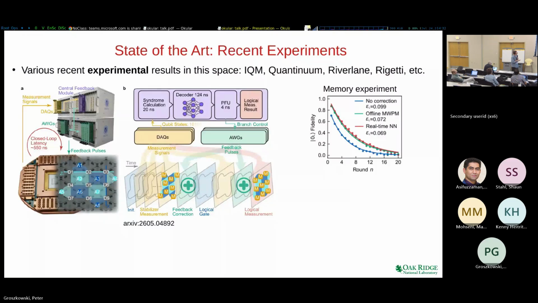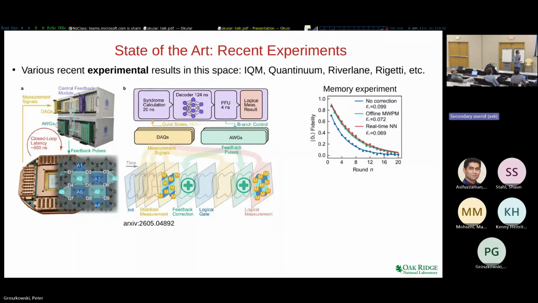So you can look at the red curve, they actually do apply this active correction directly. So they're not applying any logical gates, but they're applying the correction. They're fixing the errors. And you can see, if they're doing nothing, then it's the blue curve. So the fidelity is lower than if they do something. And again, the green is when they shift the correction and the decoding until after the